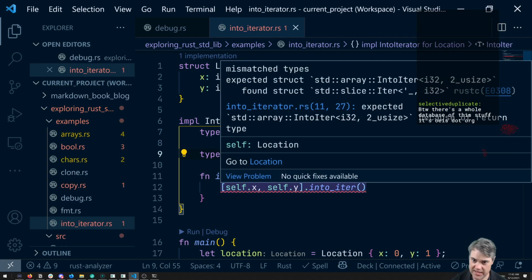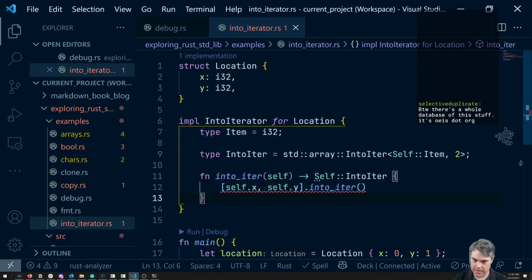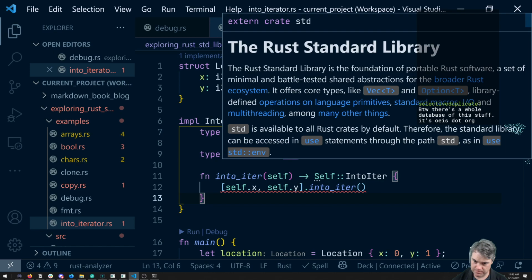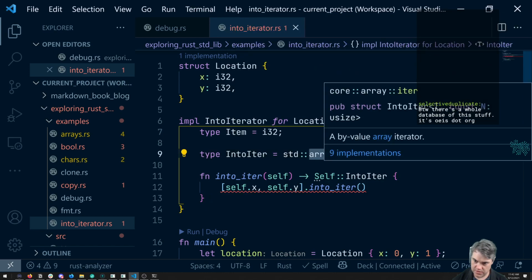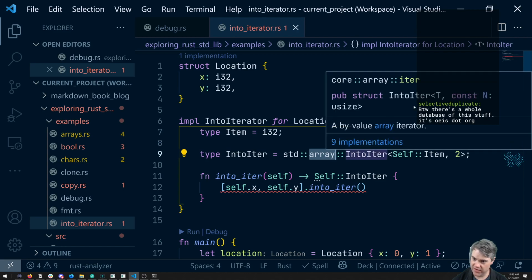Now you are upset because expected struct centered array into iterator I32, which is fine because that's what we got here. But why is it found struct? Oh, slice iterator. Array into iterator provides